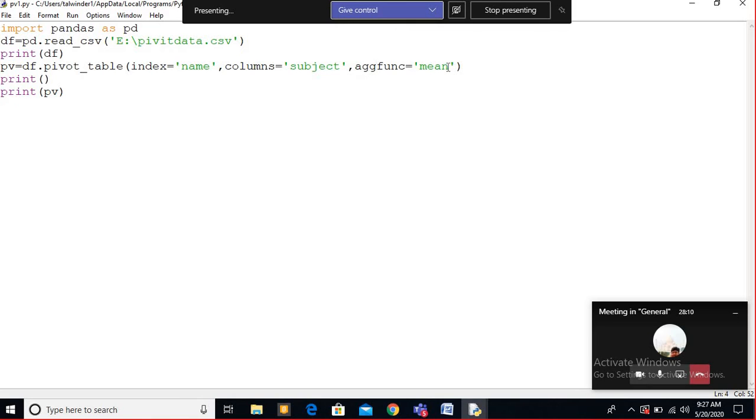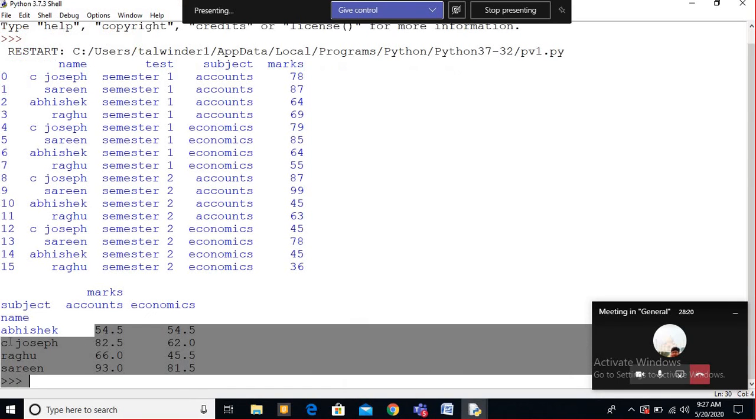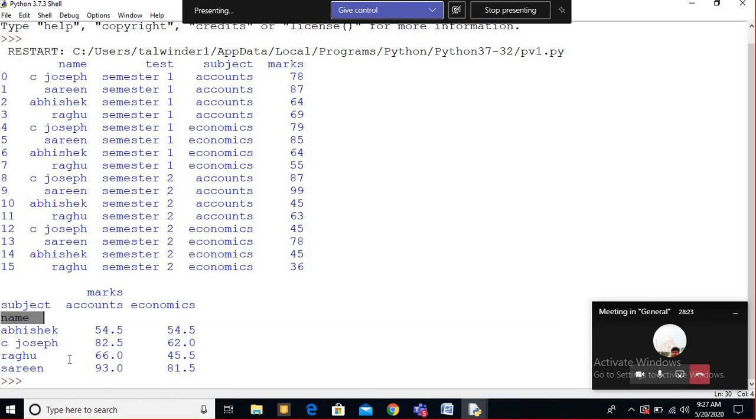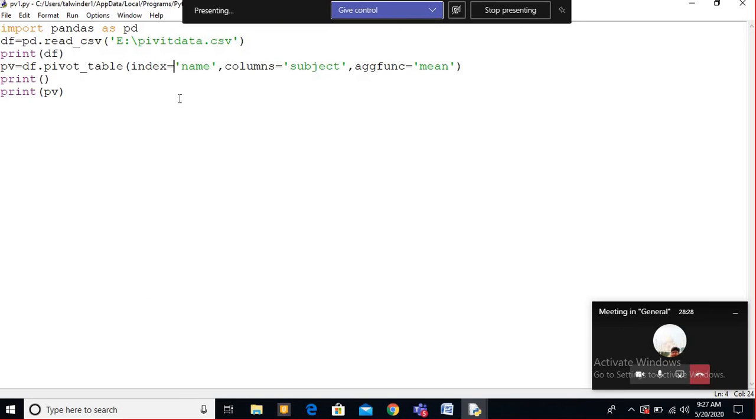That's it. Then here, beta, you can use 2 columns as an index also. If you see this output, name is treated as the index, but I want name and subject both to be treated as the index. For that you can give index, the first one name, and comma, second one subject. Subject will be an index also, but columns also as subject.